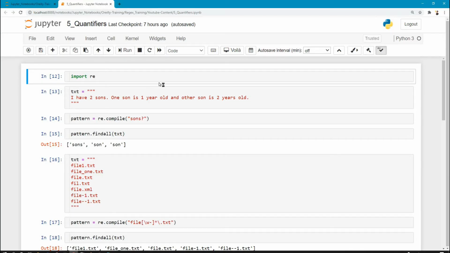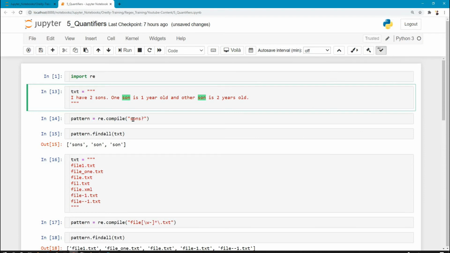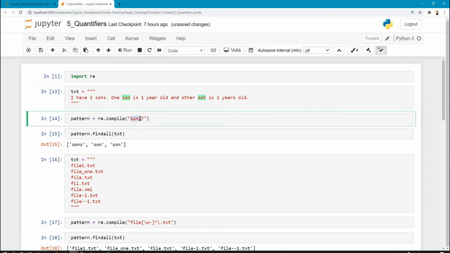So let's look at the quantifiers now. I'm importing the module, and this is sample text where I'm saying I have two sons. One son is 1 year old, the other son is 2 years old. So if you notice in this string, sons, son and son are the words which have appeared. I'll use the compile method and specify a pattern sons.